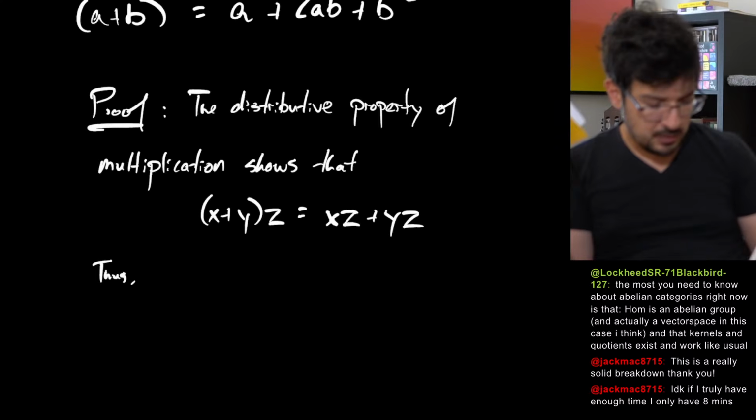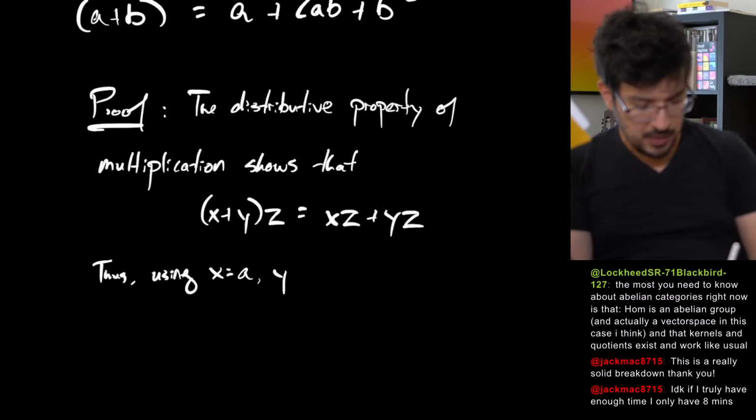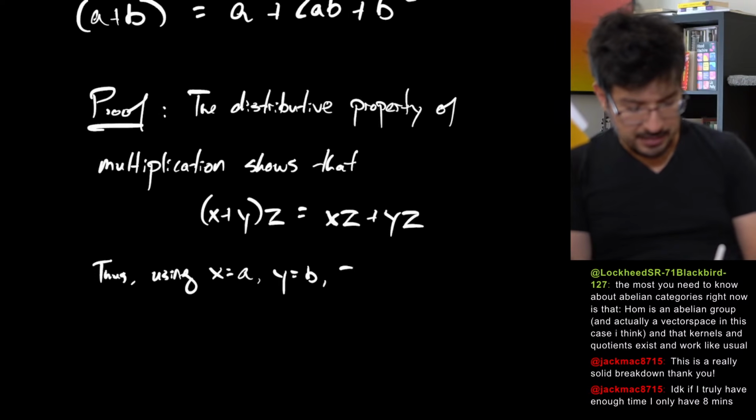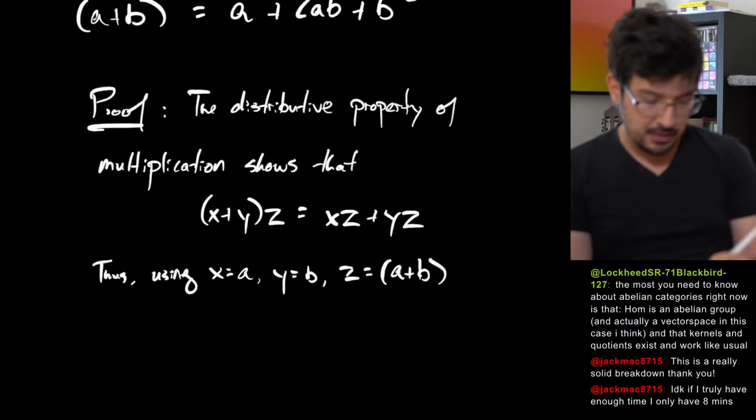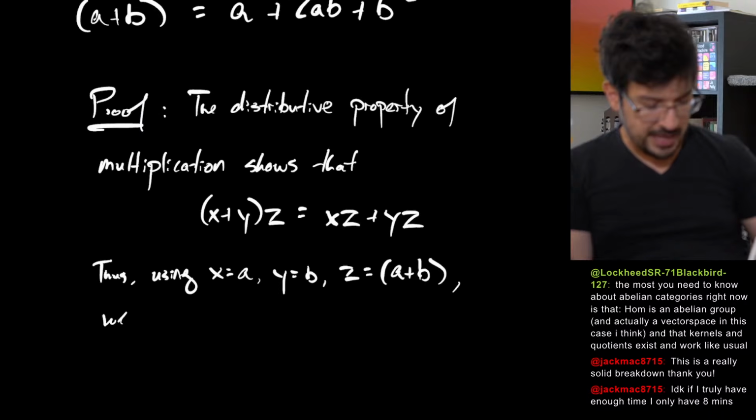Thus, using X equal A, Y equal B, and Z is this number. So remember that A plus B itself is a number. We have